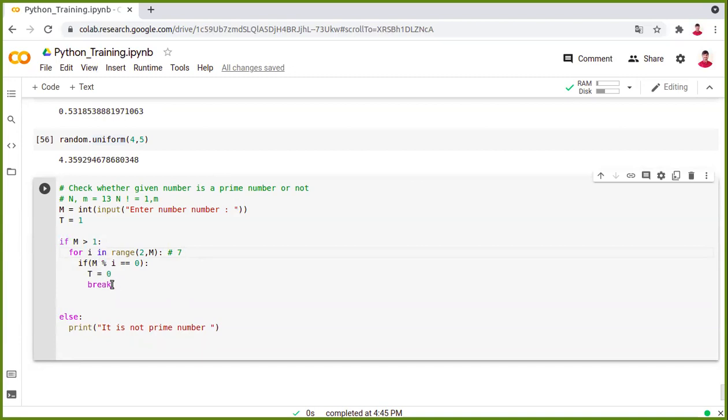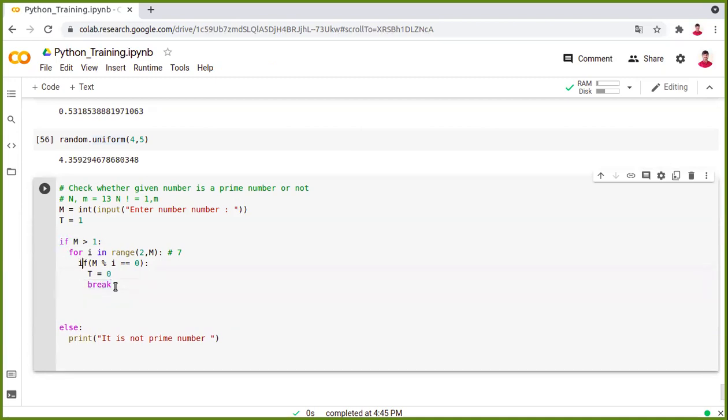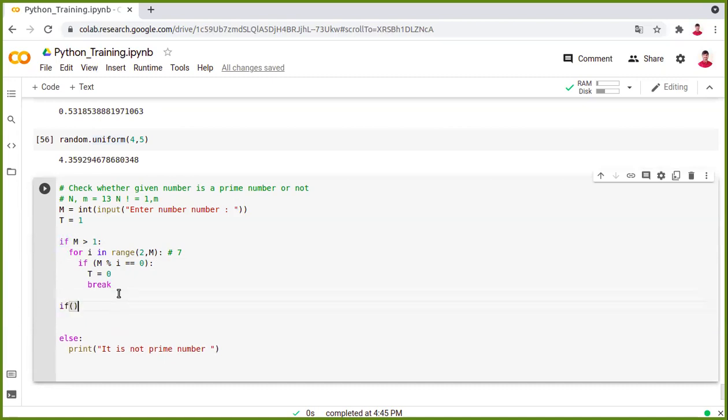What happens after ending our for loop? Here we are not reassigning the t value. If the given number is divisible by any of the numbers in the following range, I am reassigning this t value to be 0 and breaking the program there itself. If at all this condition is false, what we need to do? We just need not do anything. Just our for loop is ended and let us just check. Now what we are checking is if